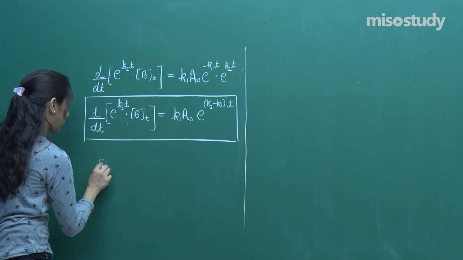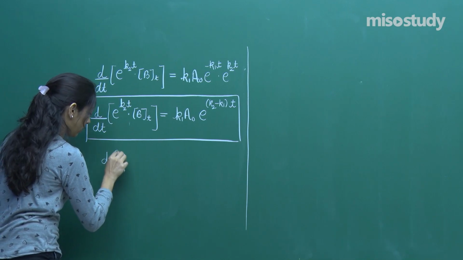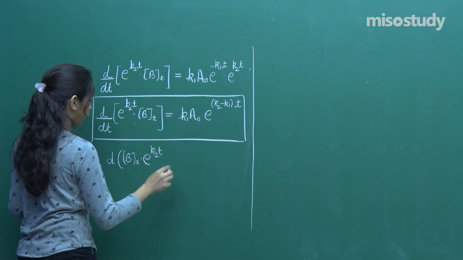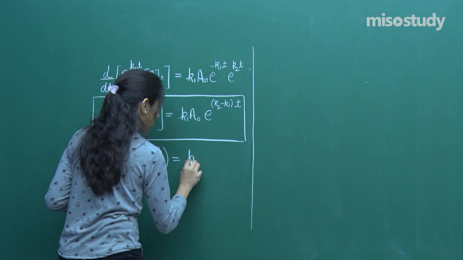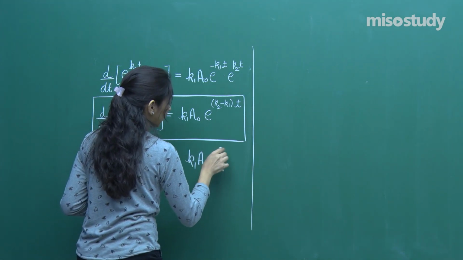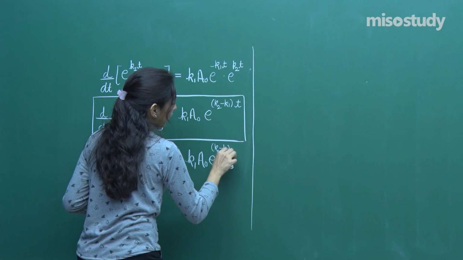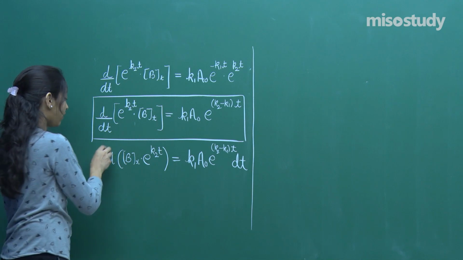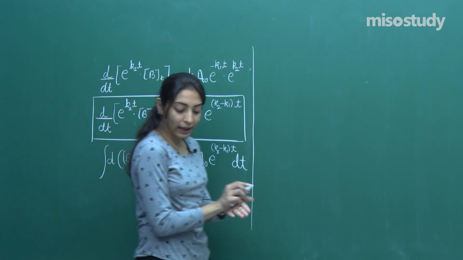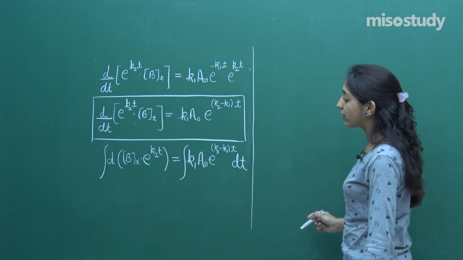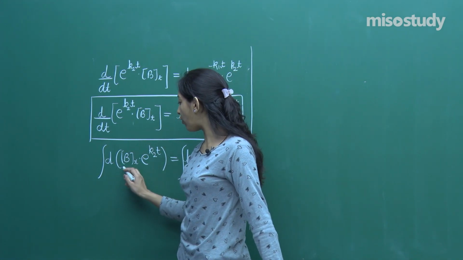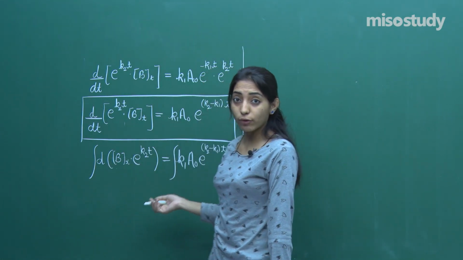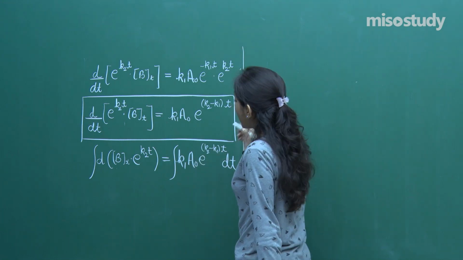You should say d of concentration of B at time t multiplied by e raised to the power k2t is equal to k1 a naught e raised to the power k2 minus k1 t into dt. Okay. Now I can ask you to do the integral. So let us write it once again. What is the integral of d of bt e raised to the power k2t? You don't have to do the integral with respect to t, you just have to do the complete integral of d term. So that will come out to be